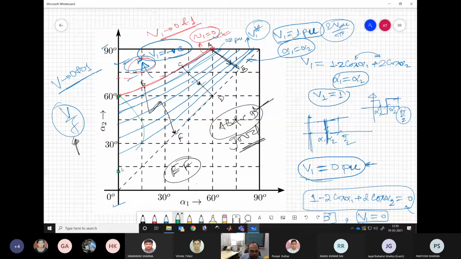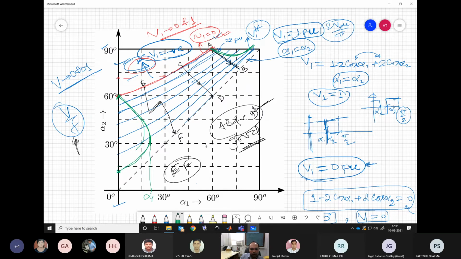So this value would be within 30, something like this. In fact, you can compute this point where it is having only one value, so alpha 1 where we have only one value of alpha 2. So a curve like this. Similarly, another curve we can find on this side. So this will be something like this.